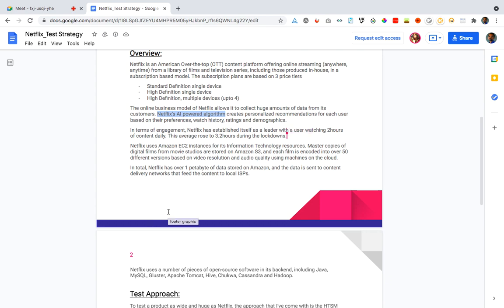Netflix is a leader in terms of user engagement. Earlier, a user would engage with Netflix for 2 hours of content daily, but now it has increased to 3.2 hours due to the lockdowns. And coming to the technical stuff, Netflix uses Amazon EC2 instances, and they store all their content on Amazon S3,